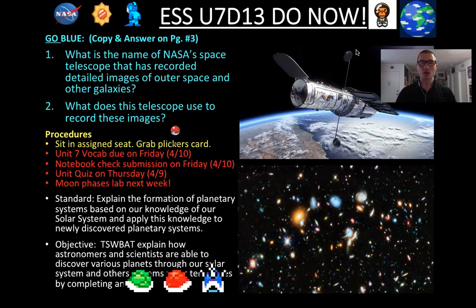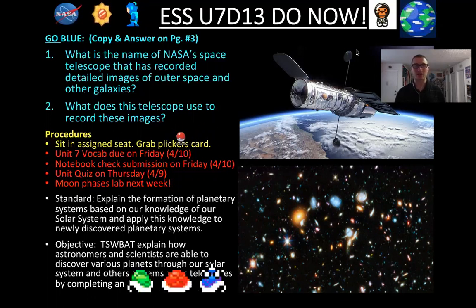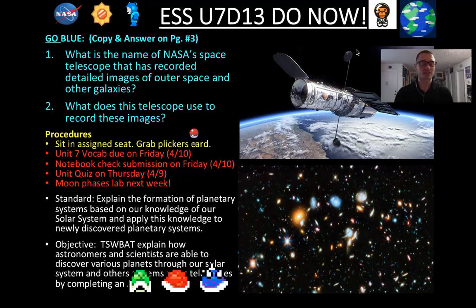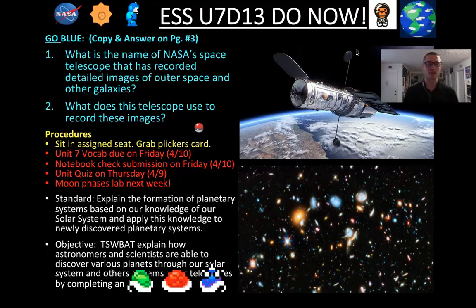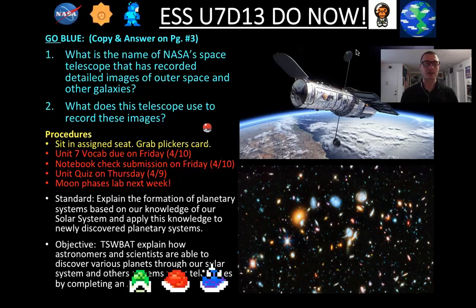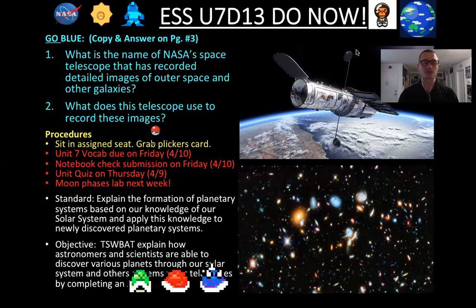All right, so if we look here, announcement-wise, we've got the Unit 7 vocab due on Friday. Again, that list is on EDSB, as you have already seen. I showed that to you yesterday: 15 words, all about the eclipse and the different lunar phases, things like that. Then our notebook checks are going to be due on Friday as well. I will soon, probably maybe tomorrow, be posting what pages I will request, just 2 pages that we worked on